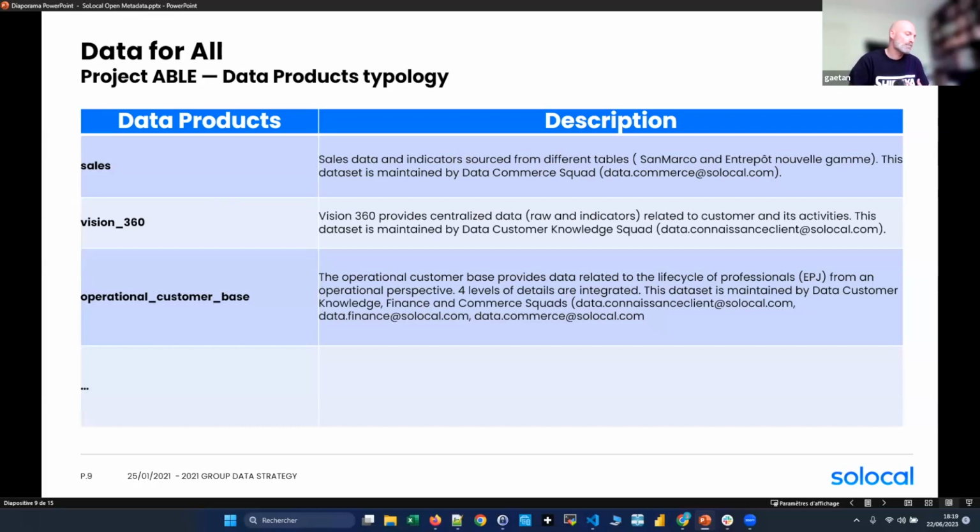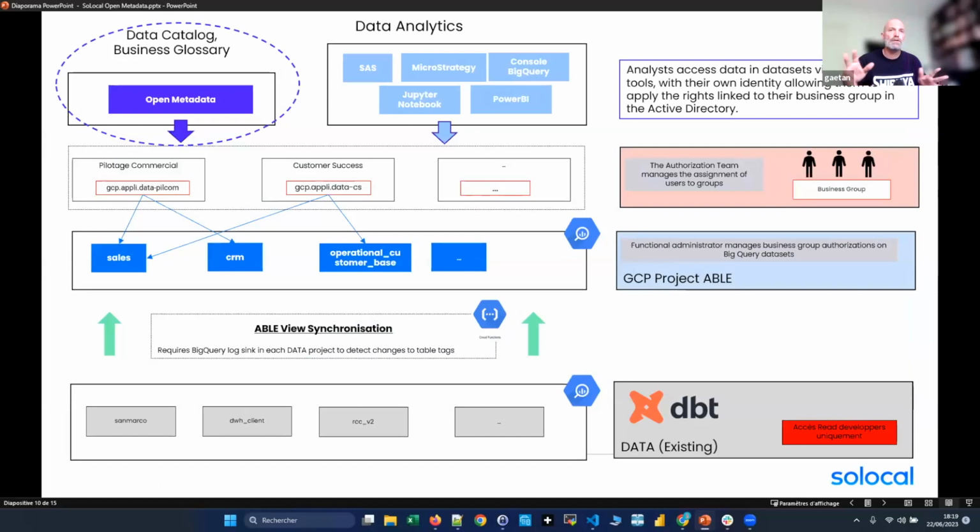For example, for sales, we have every sale of our commercials. Per day, we have conversations and lots of information about the sales that have been done. The project is in GCP. As I said, we have just one project that the business can access. The business, per team, can access one or many data products, depending on